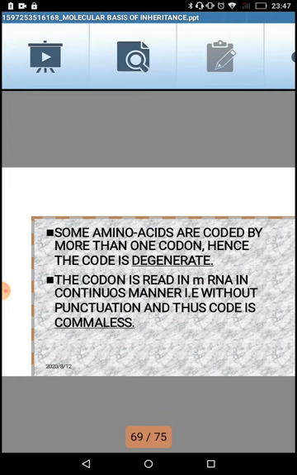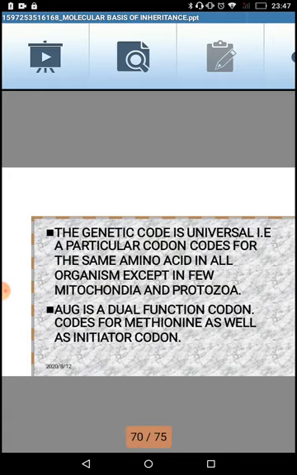Next point, the codon is read in messenger RNA in a continuous manner without any punctuation. Thus, the code is commaless. In continuation, AUG, CGA, and it will keep on moving one after another without any comma or hyphen. Next one, the genetic code is universal, that is a particular codon codes for the same amino